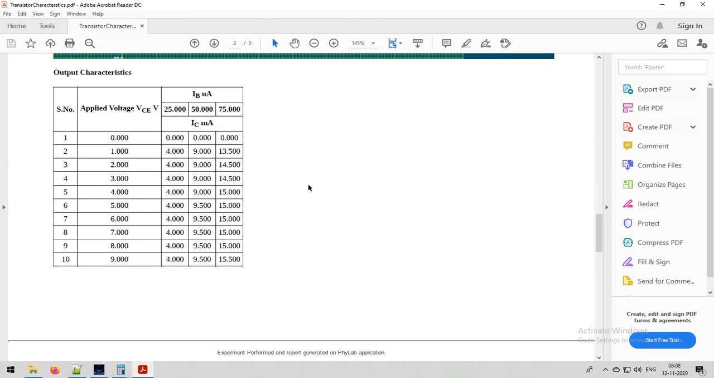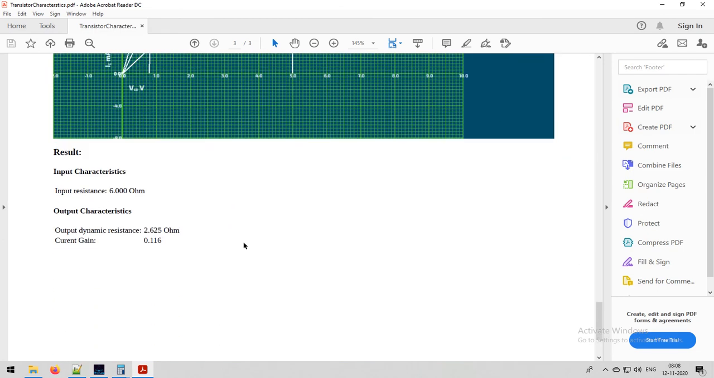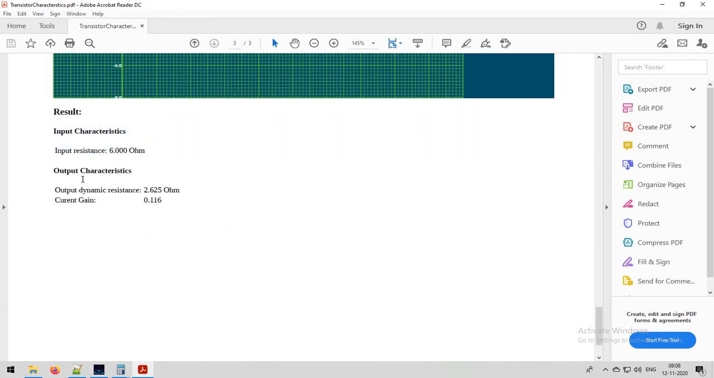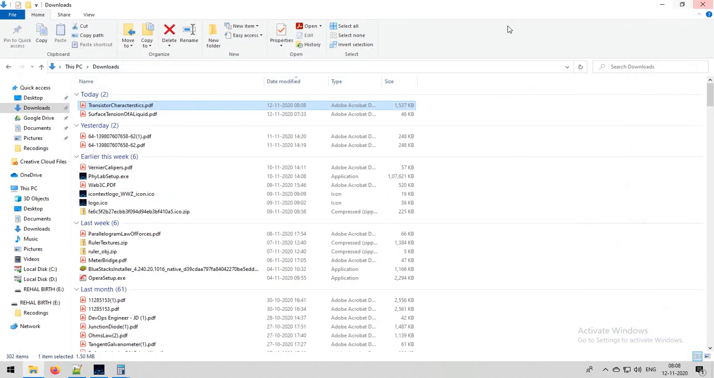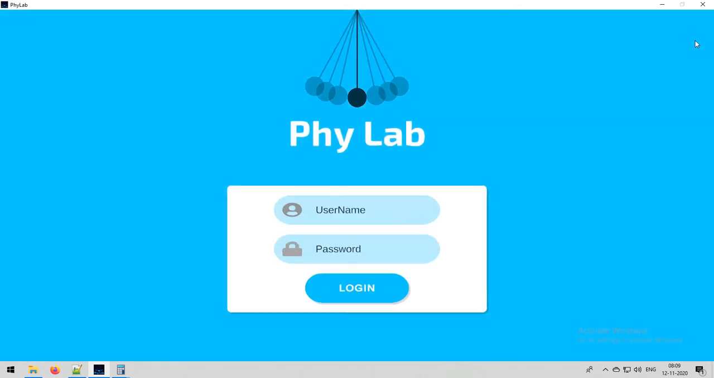You can use this PDF report to print on paper and then showcase to your teacher that you performed this particular experiment successfully and these are all your values and observations. So let's open the downloaded graph now. We can see how it